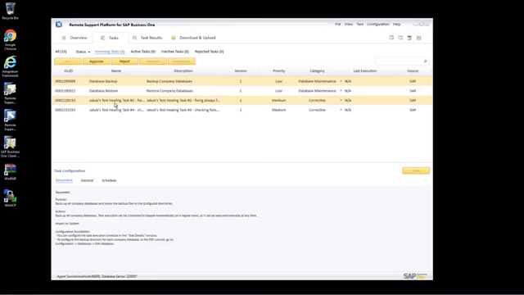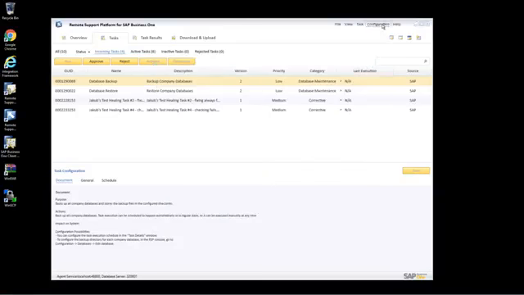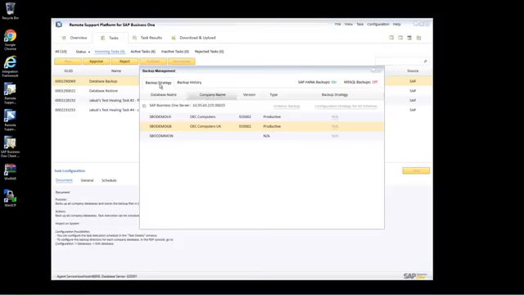In order to perform an instant backup of the SAP HANA database and schedule regular backups, you simply navigate to Configuration and select Backups. And here you need to check and ensure that the Enable RSP Backups for SAP HANA is ticked. Once that's ticked, you then can navigate to Configuration and the Backup Management window. Under Backup Strategy, you can actually select the specific database that you want to back up. By selecting Instant Backup,